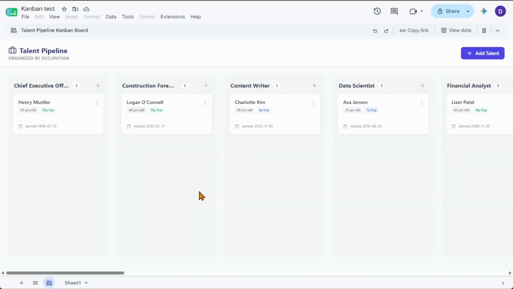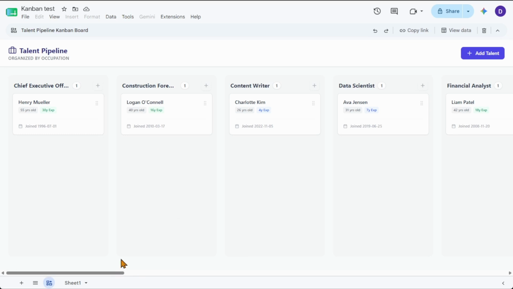Now, if you're familiar with these types of boards, this isn't really a good use for it. Usually it's some kind of project management thing where you'll have these different lanes, like this one is for things that are not started, maybe this one is for in progress, this one is needing review by this team, and this is needing review by that team, and these are done. Usually it's for tasks in different stages, or something else where there are categories of things, and then you can very quickly look at the board and see which things are in which category. So this isn't really a good use of this kind of board,